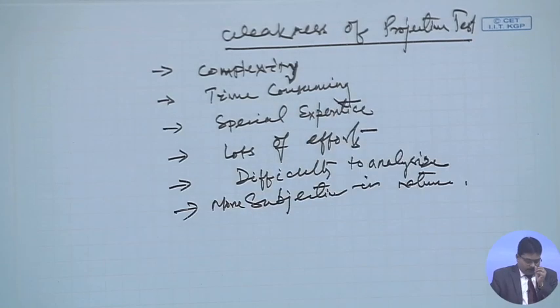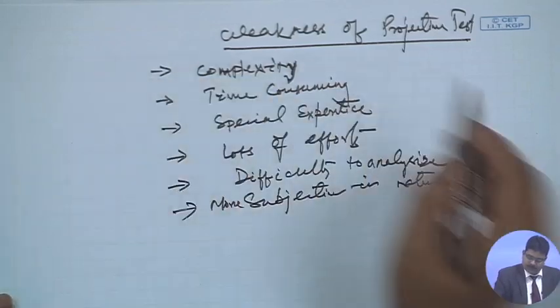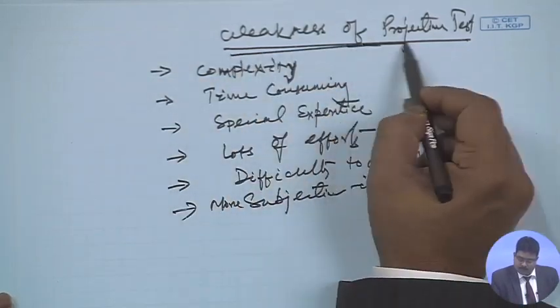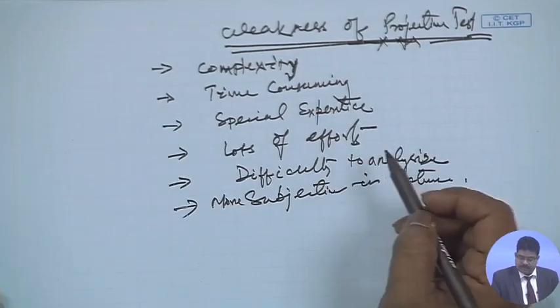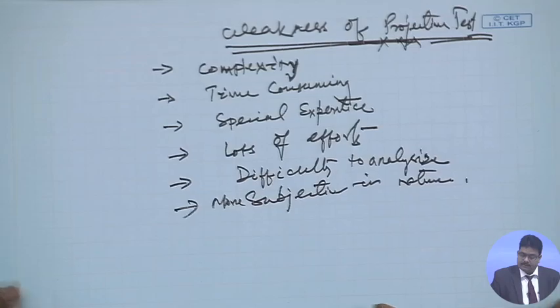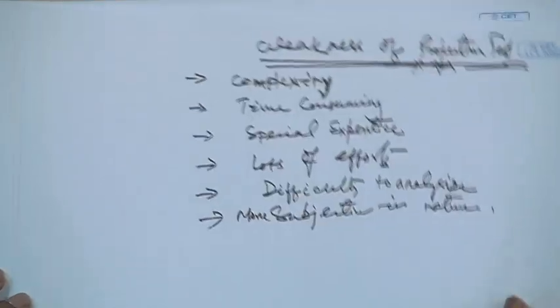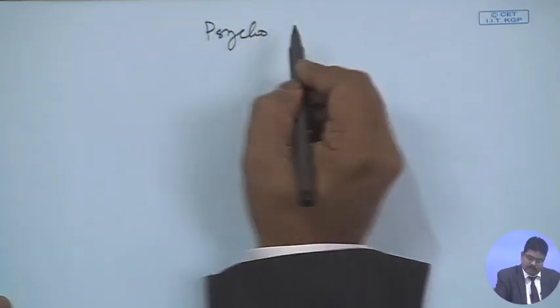So, these are some of the weaknesses of this projective test, which often restrict us from making frequent use of this test in the analysis of emotional intelligence. But however, it is the best way of evaluating one's deep state of emotional affairs, as it goes into a deep analysis of one's behavior. But when we talk about the scientific nature of our analysis, then we look into the psychometric test.